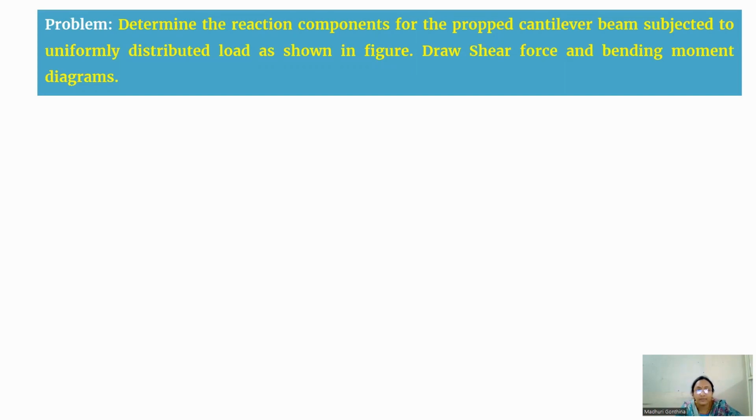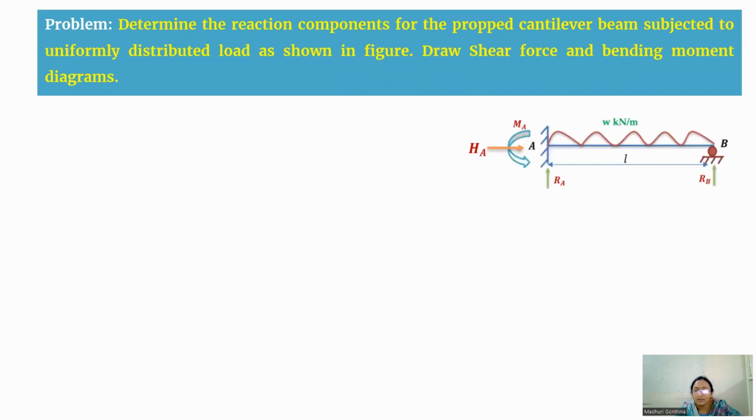to uniformly distributed load as shown in figure. Draw shear force and bending moment diagram. So this is a question that is given to you. So here AB is a propped cantilever beam. For this beam, it is subjected to a UDL of W kilonewton per meter and having a span of